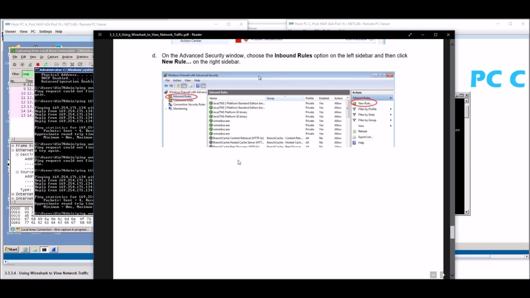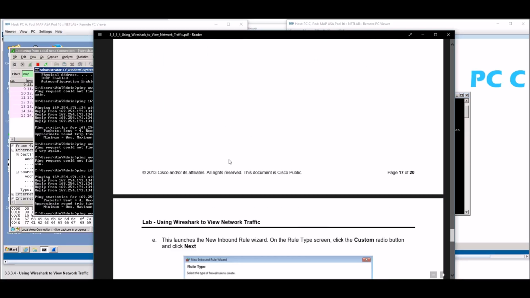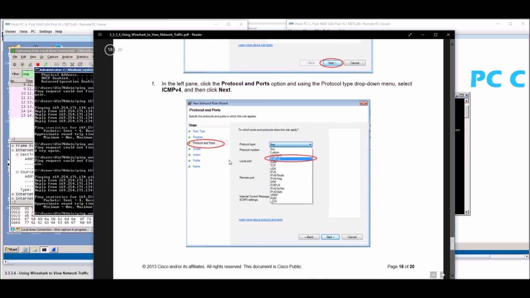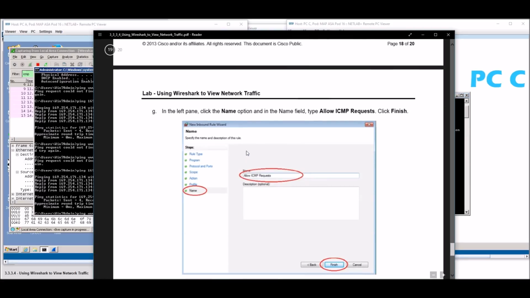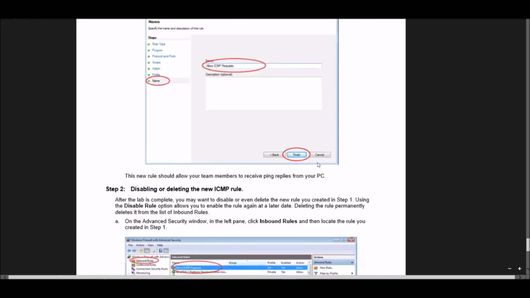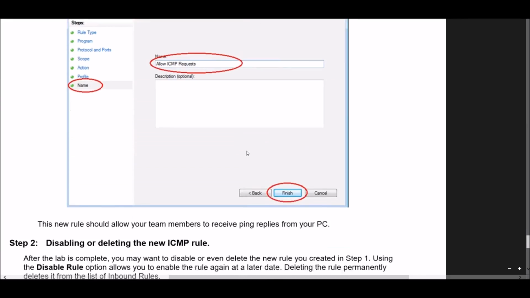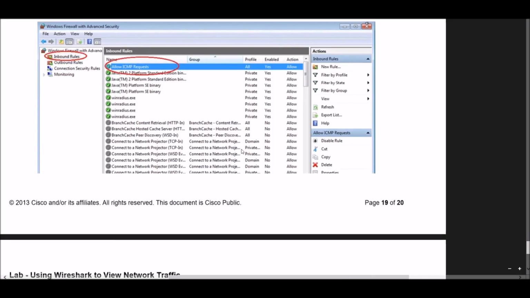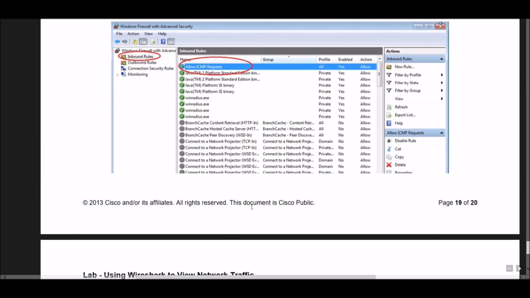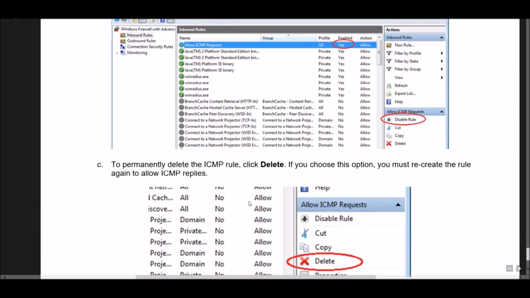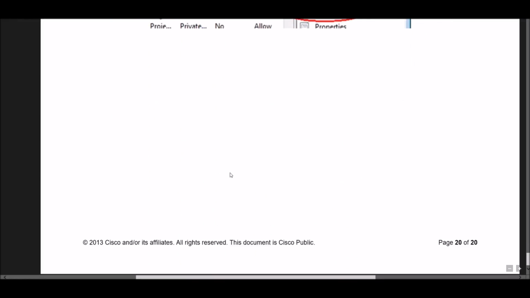If you want to block that on your local computer, or if you have admin rights to be able to do that, you want to block that. Not that pinging is that big of a deal, but it's usually blocked at the router anyway on a lot of the newer routers and security layers. So if you're having trouble with that on lab computers, you want to make sure that your firewall is open to allow it. Let me go ahead and open that up. You can just follow through there, or there are plenty of places on the internet where you can find how to open up your firewall to ping or ICMP. Look for ping request and it'll show you that.